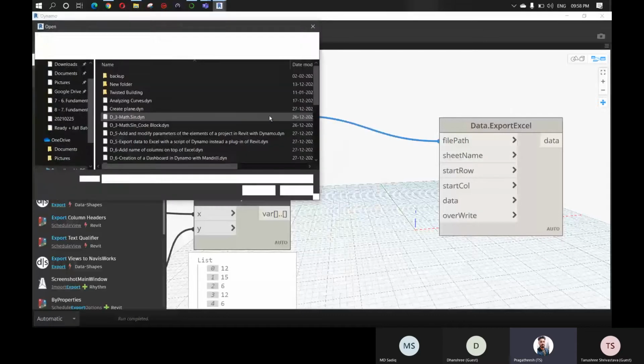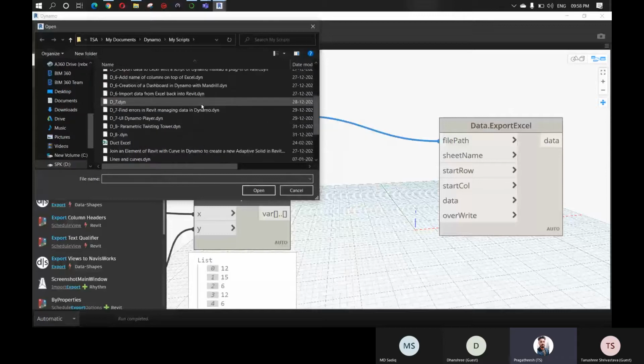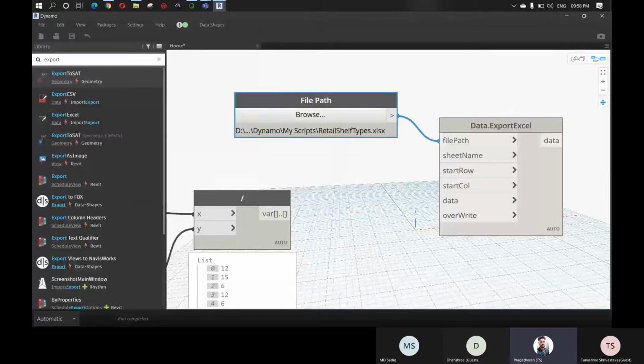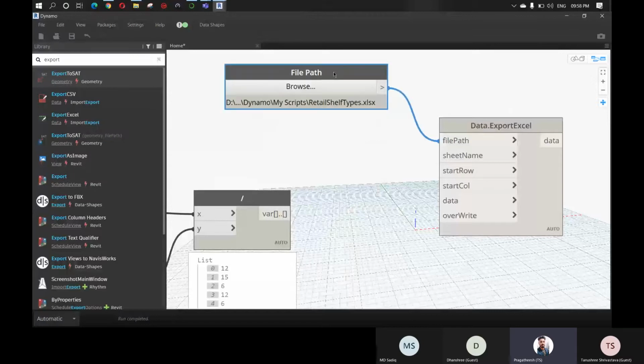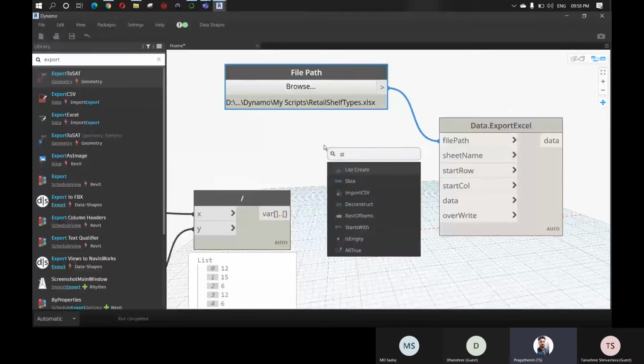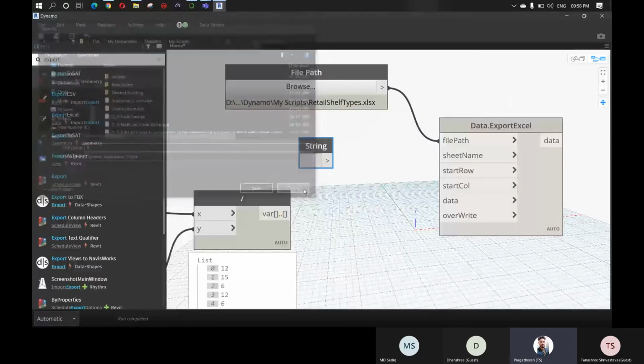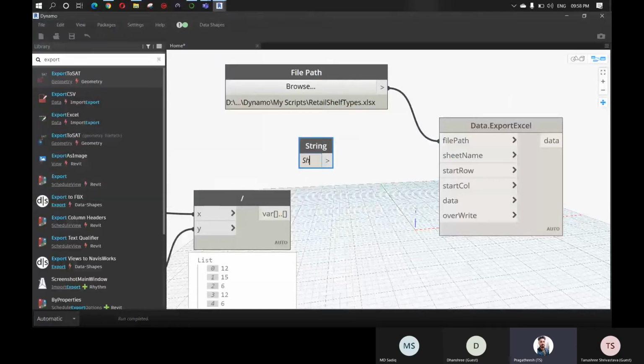Okay, select a file. We can select the same Excel sheet. And what is the sheet name? Sheet 1. Okay, the starting row and starting column.